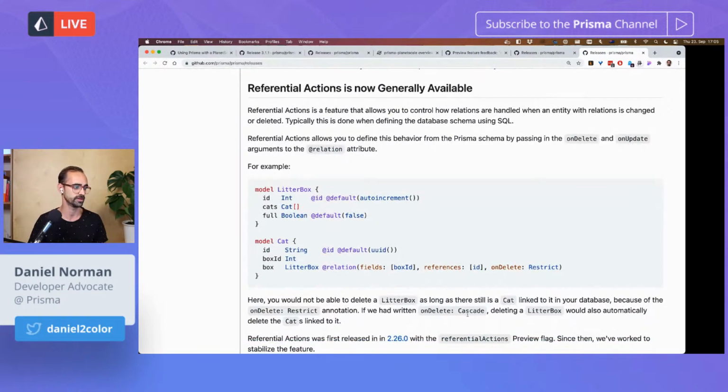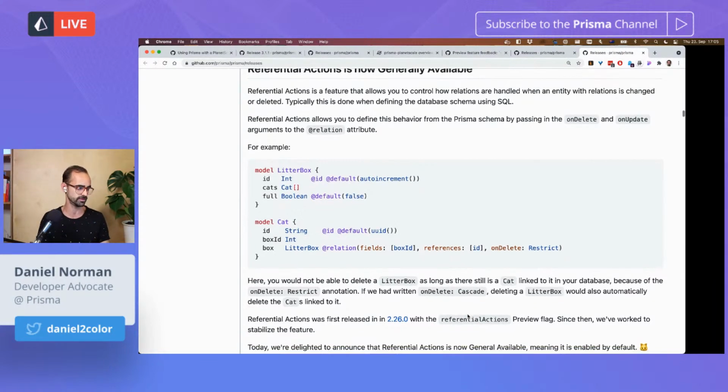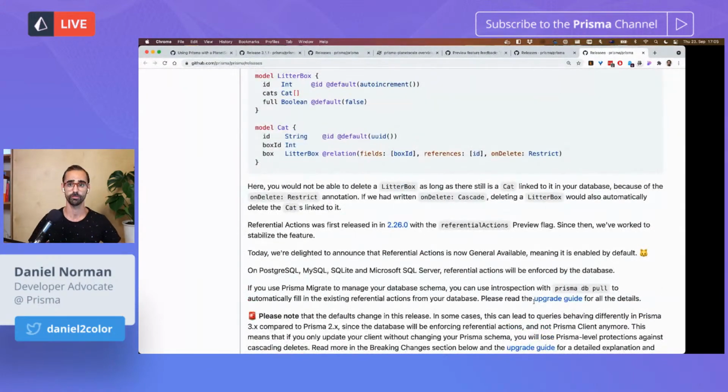We also have the cascade option, which means that when the litter box is deleted, all of the related cats will also be deleted. And we also have the set null option, which will actually keep the posts but remove the relation to the litter box, that is.